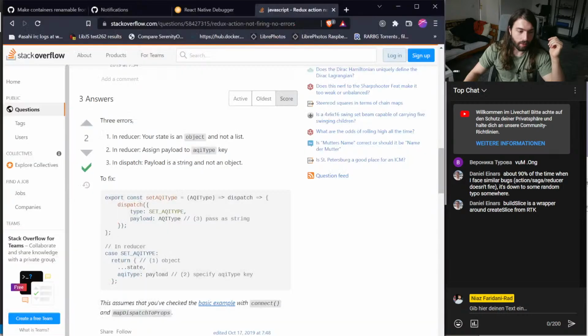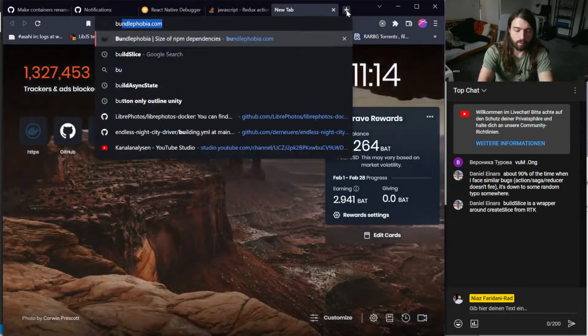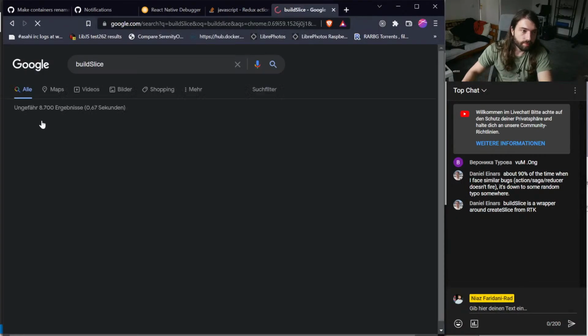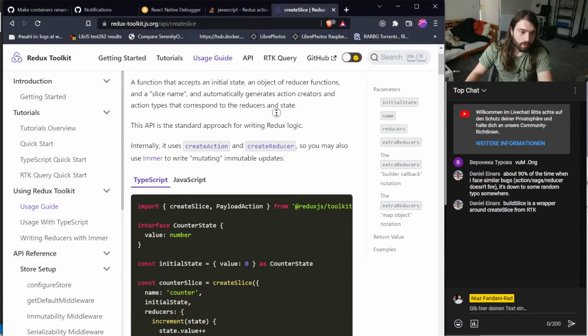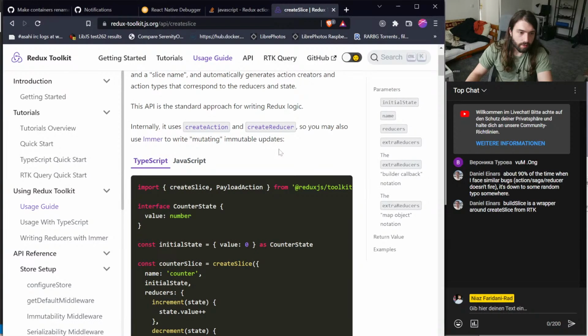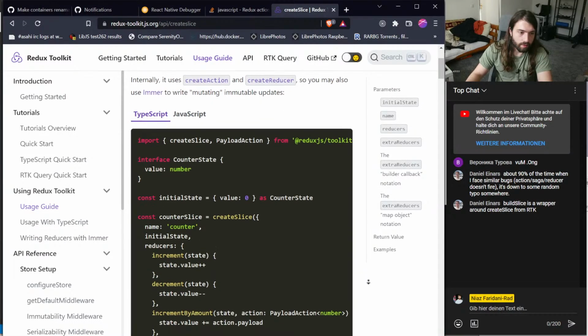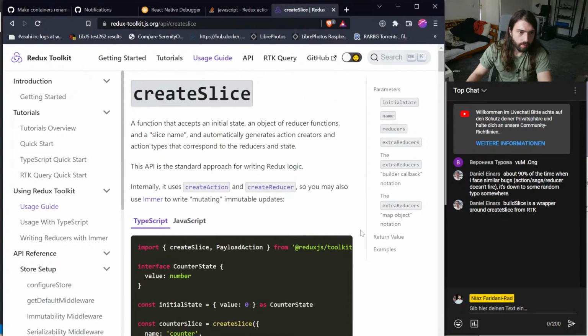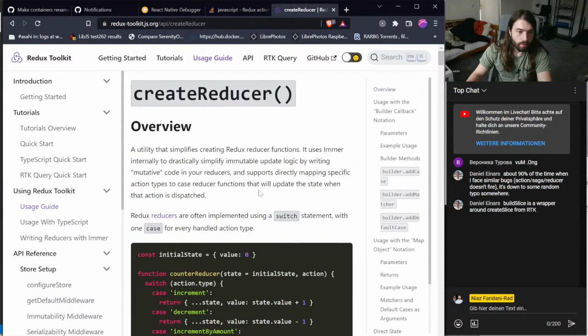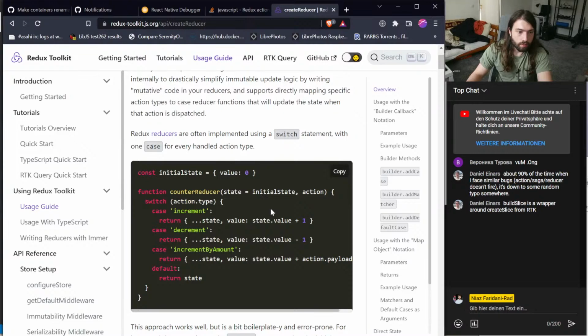And I can look it up. Build slice. Right, and that is create slice. And create slice creates reducer and create action. Right.